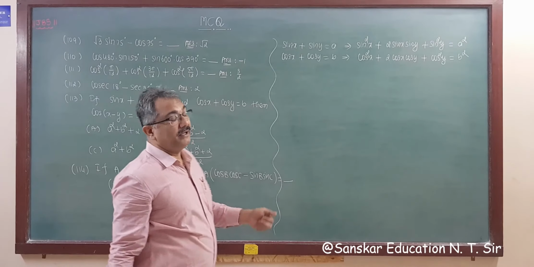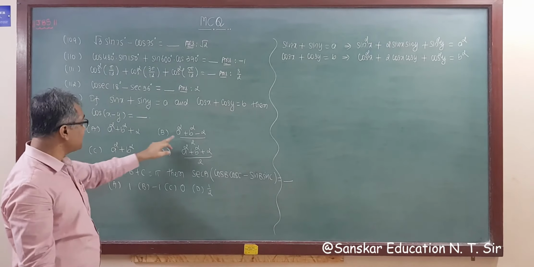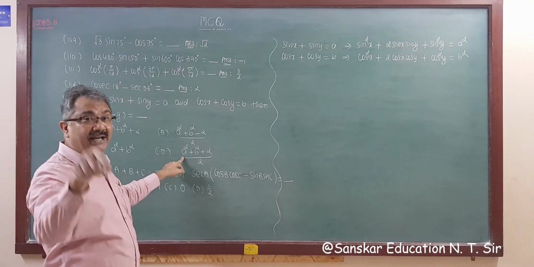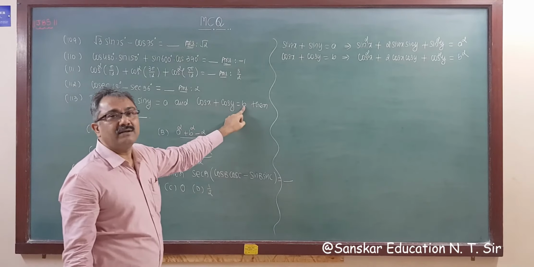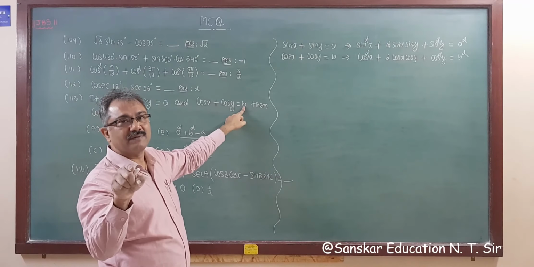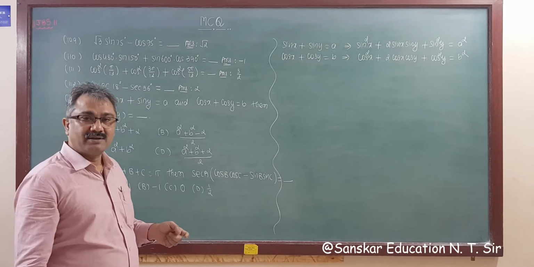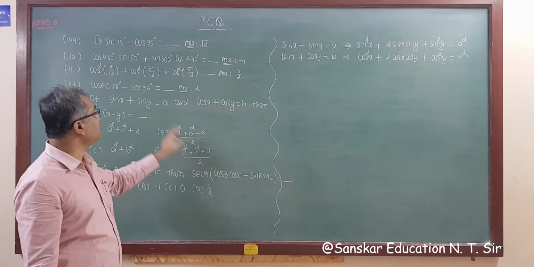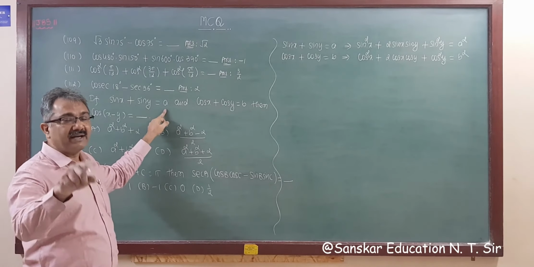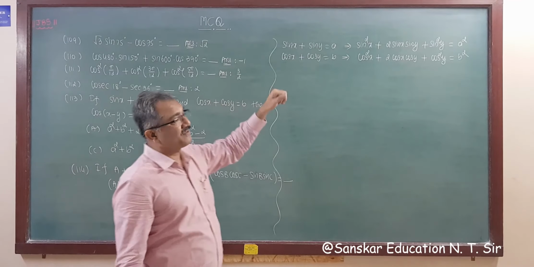Now see, if we square this, we get a square plus b square. So in all options there is a square plus b square. This is also a hint. How do you get a square plus b square? You will square this, otherwise you don't get a square plus b square. So the answer options are also a hint, right? Take a hint from this. Without squaring, you never get a square plus b square, and then add. So that's why we are squaring and adding.